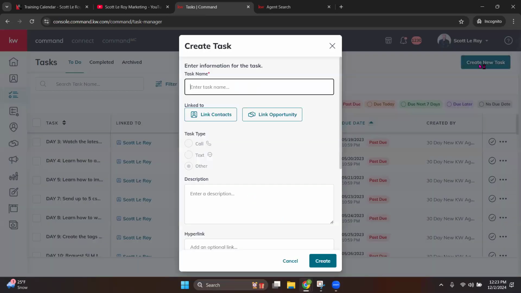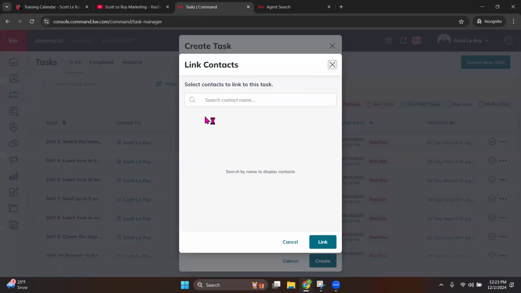Now, when creating a new task, you just create. You can do a task name. You can link that either to a contact, so if this is specific to someone, or if it's specific to a transaction and you need to follow up on something, you can pick one of those two. Once you've done that,